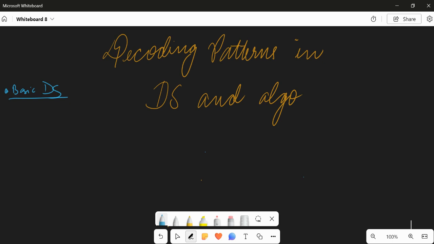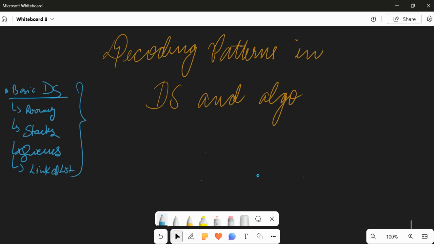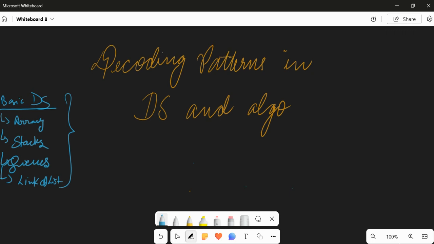DS, right? Basic knowledge of DS means you must know what an array is and how to access an array. You must know what stacks are. There is something called queues; you must know what queues are and their basic operations. And there is something known as a linked list, right? You must be aware of these four things, and I'm not saying be a master of them, I'm just saying have some basic knowledge: what linked lists are and the basic operations like insert, delete, these things, right? In all these four data structures, if you have these things in your head, then we are very good to go to decoding patterns in the